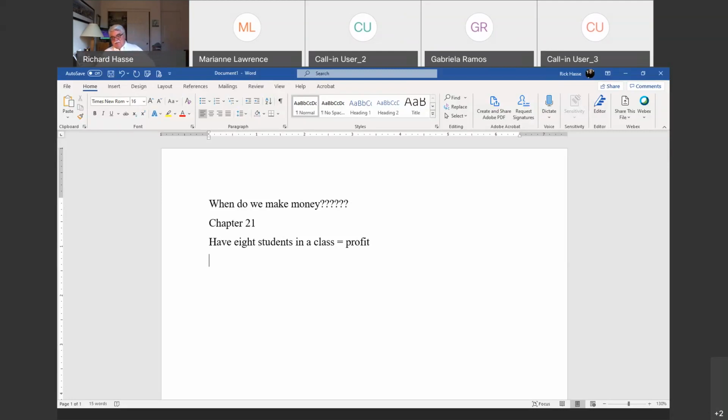Now, in most cases at the University of Laverne, especially nowadays, they combine classes. The class of business finance next semester is a combination of students from Irvine, Burbank, and Ontario. Because it's an online class, they can be anywhere. And because of that, they'll have more students in the class that will substantiate the charge and the cost of running the class. Now you might want to say, hey, Mr. Hassey, it's an online class. What are the charges? What are you talking about?